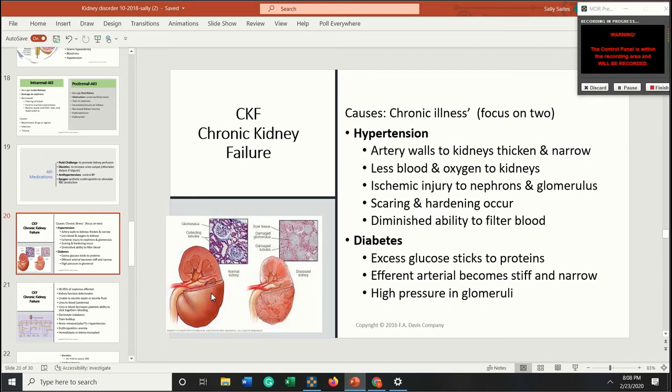Now, with diabetics, if it's uncontrolled or just slightly uncontrolled for a long period of time, then they start to introduce large protein molecules to the kidneys. And as you can see and imagine, large protein molecules would not do very well going through these tiny capillaries and nephrons. So that in itself would cause intrarenal damage.